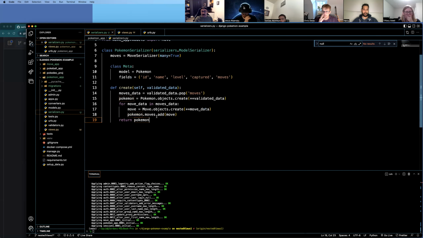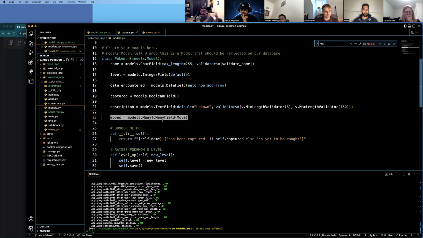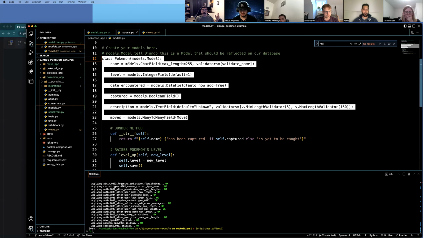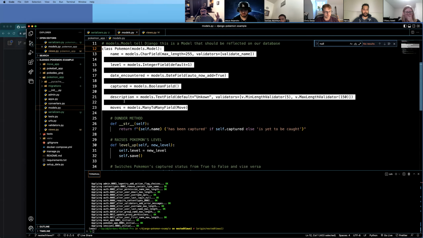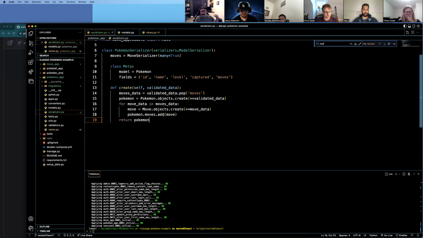So when we create it over here, we're going to look at this model. We're going to try and plug the JSON in there, and it's going to create an instance. That instance is not in the database yet. It is just object-oriented programming, right? This is just an object of Pokemon that's not done anything yet. When the serializer finishes,